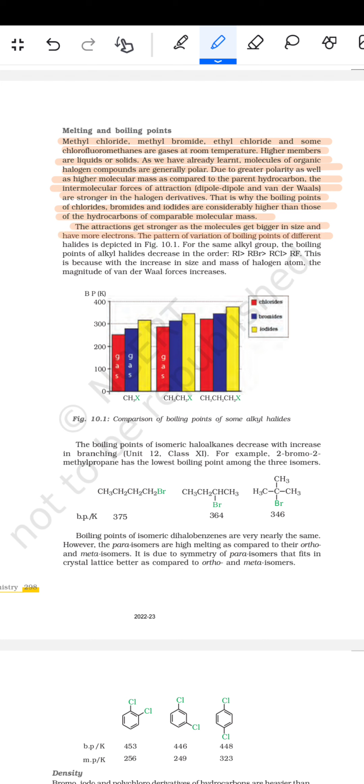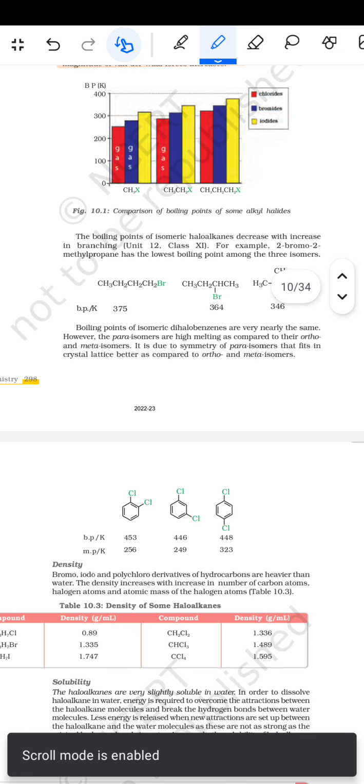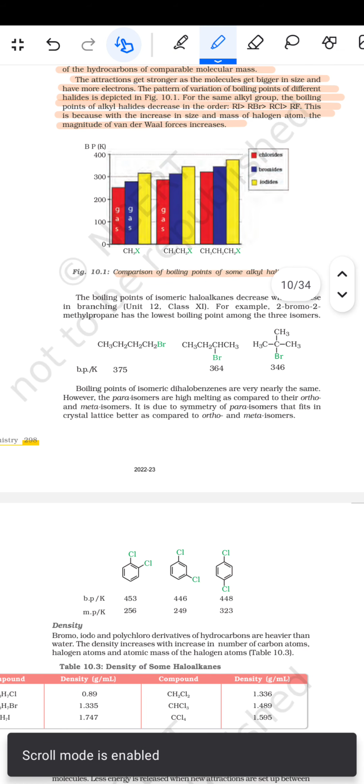The pattern of variation in the boiling points of different halides is depicted in figure 10.1. For the same alkyl group, the boiling point of alkyl halides decreases in the order RI, RBr, RCl, RF. This is because with the increase in the size and mass of the halogen atom, the magnitude of van der Waals forces increases. इसमें आता है कंपेरिजन ऑफ द बॉइलिंग पॉइंट्स ऑफ सम अल्काइल हैलाइड्स,